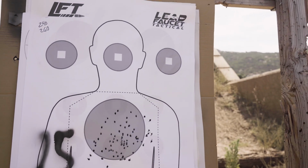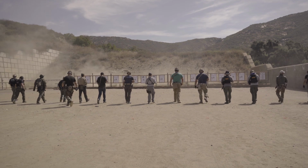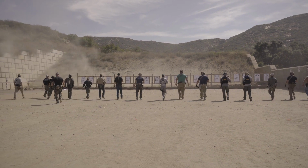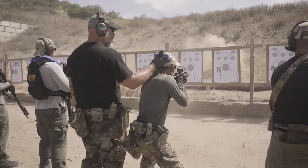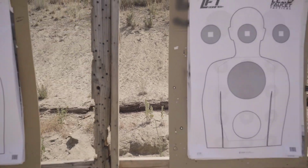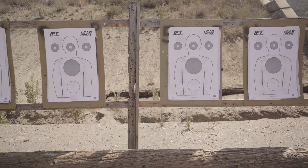The target was an 8-inch circle. The drill also highlighted how one's stance needs to be stable as one gets closer to the target and needs to fire more quickly. We moved on to his 50-5 drill, where Dan placed more focus on trigger manipulation rather